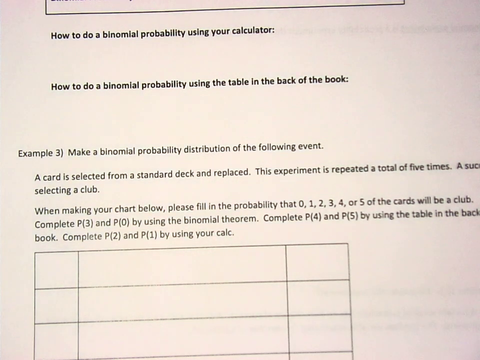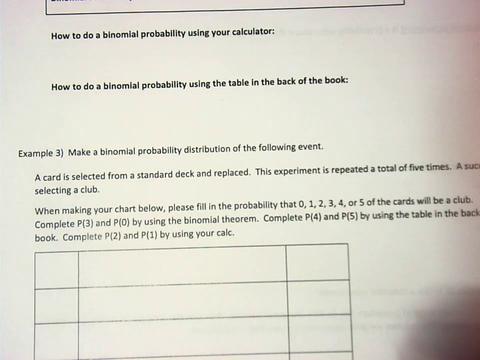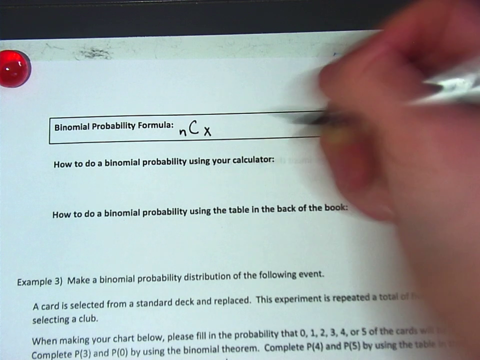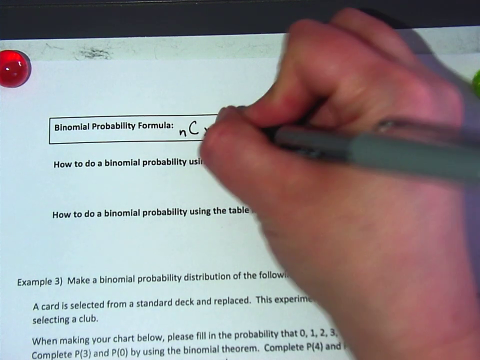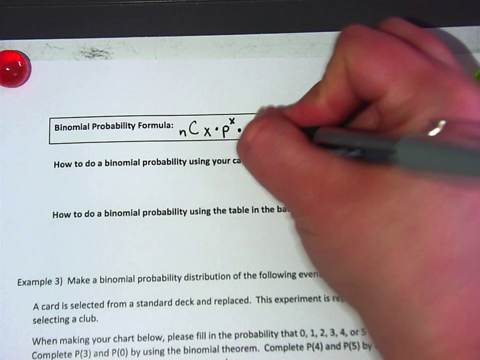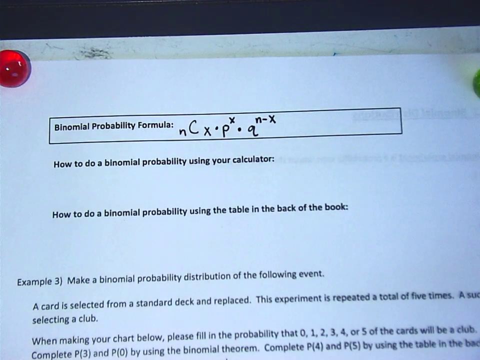All right, so the binomial probability formula is as follows. I'll explain it in a second, but for right now, just write it. It is n choose x times p to the x times q to the n minus x. It's kind of scary. This is one of the smallest